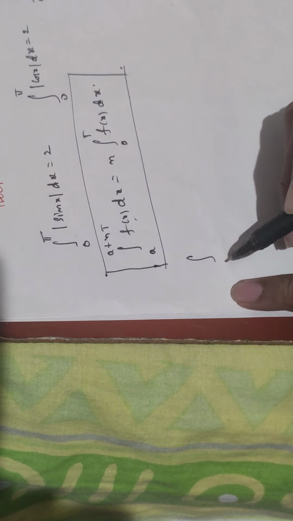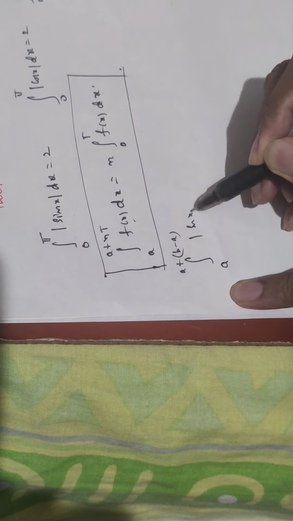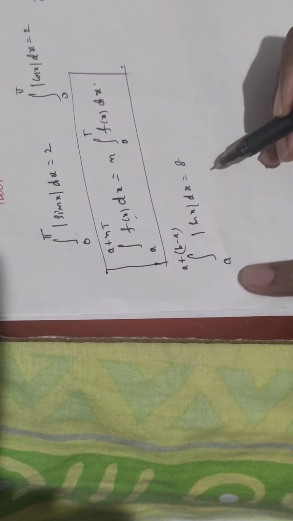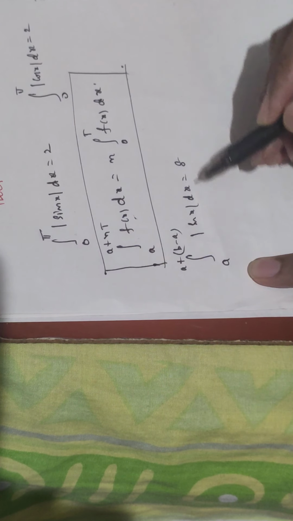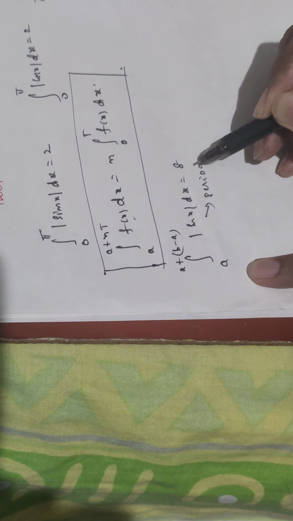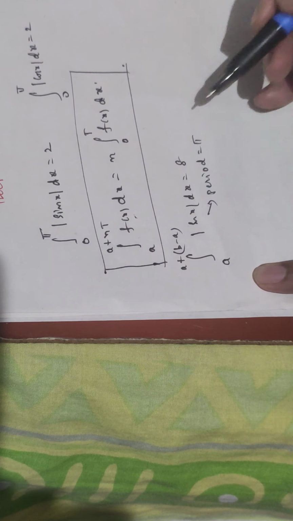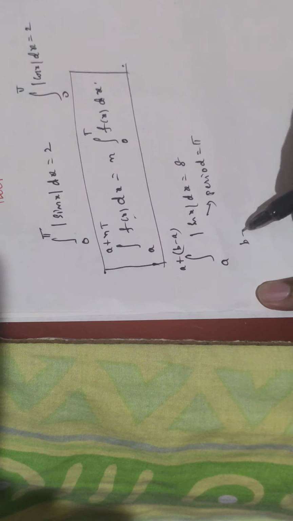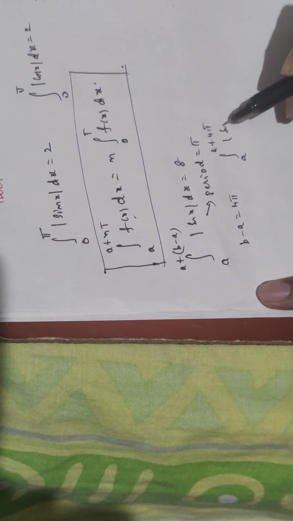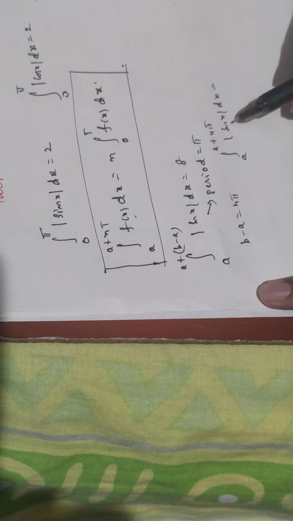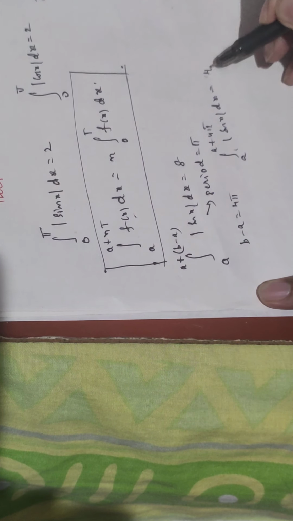So here we can write a to a plus b minus a mod sin x dx is equal to 8. Mod sin x is a periodic function with the period pi. Suppose b minus a value is 4 pi, then we will get this value as 8, because if b minus a is 4 pi, what happened? A to a plus 4 pi mod sin x dx. So mod sin x is a periodic function with the period pi, then these limits can be written as 4 times integral 0 to pi mod sin